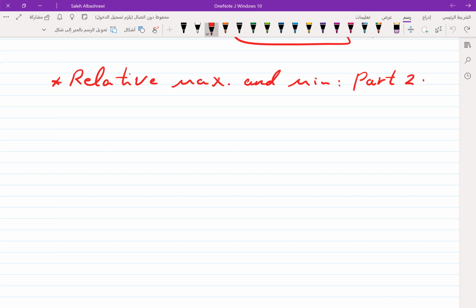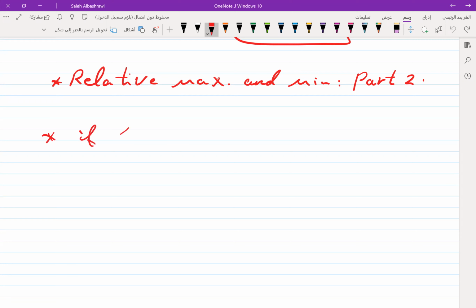Let's look at the relative maximum and relative minimum. Last time we said that the definition of relative maximum or relative minimum is just finding the highest value or the lowest value among just a small interval of the domain. And for the relative maximum, we said that